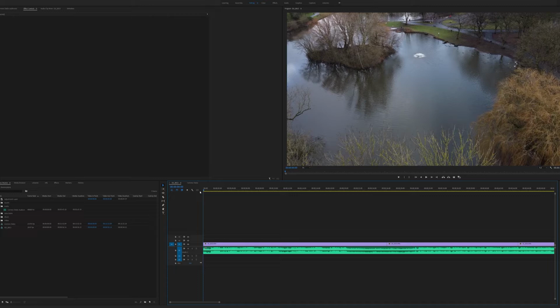So what I'm going to do is hit M on my keyboard, I'm going to play it, and then I'm going to hit M on my keyboard, and that's going to place a marker in the timeline here. It's not going to place it on here because I've got nothing selected, so I've not selected either of those two clips. I've just deselected everything so that the markers come across the top. So here we go.